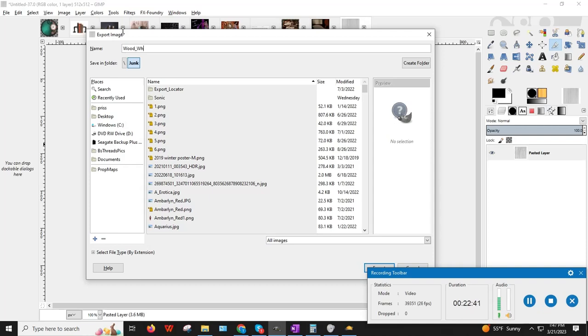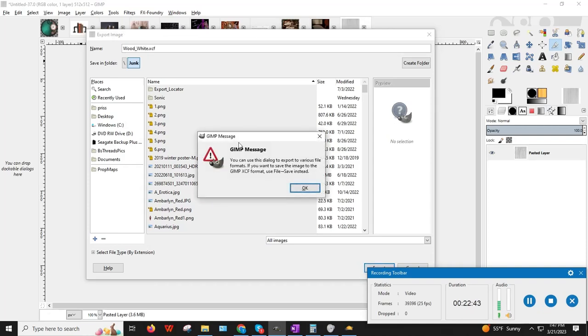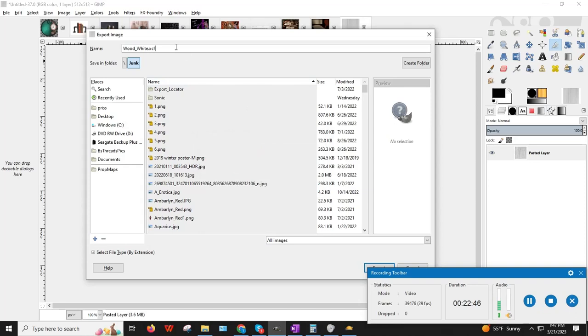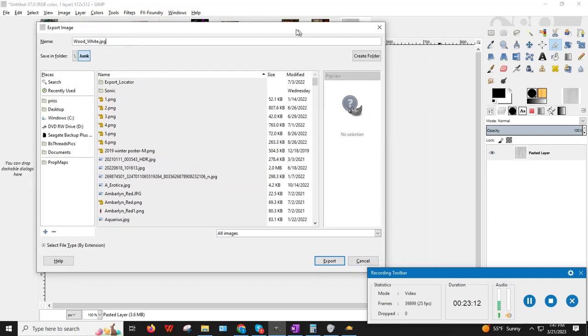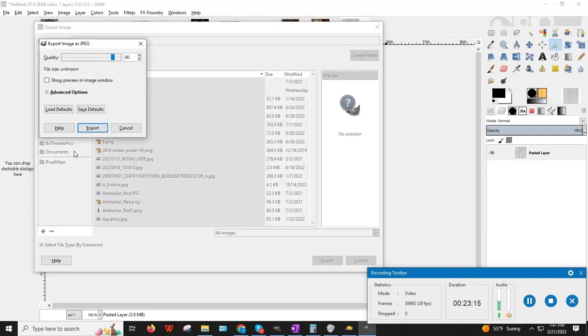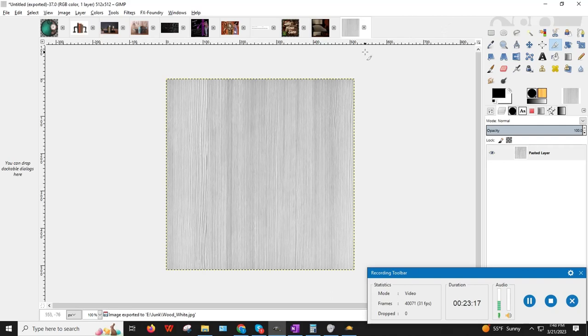And I'm going to name it wood white. Crap, I forgot to put the file name extension behind it. .jpg as a JPEG. Do not save it as a PNG unless there are transparencies in the image. PNGs are larger files, and you don't want to take up space that's unnecessary on your computer, so just save it as a JPEG. Export. Okay, now